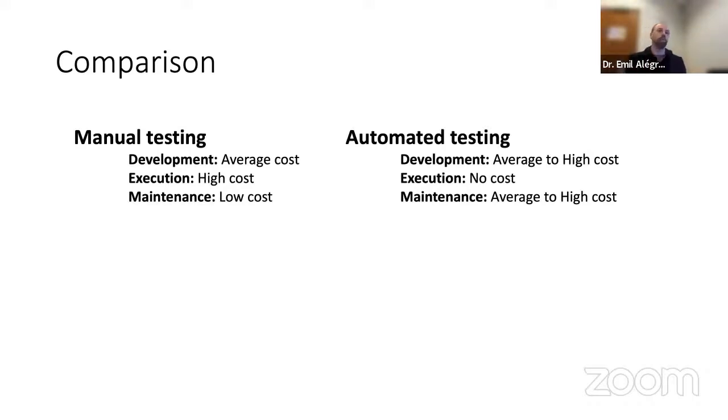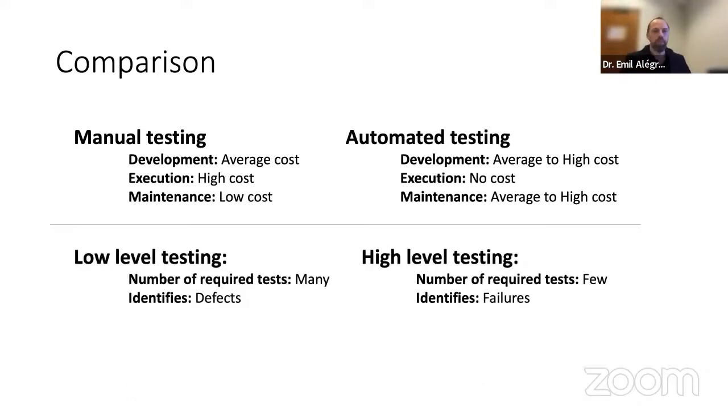And a human then needs to analyze this and figure out if it was a false positive or a true positive, and depending on that, update either the code or update the test. So maintenance issues. And then when it comes to low versus high level testing, then referring to the previous slide,